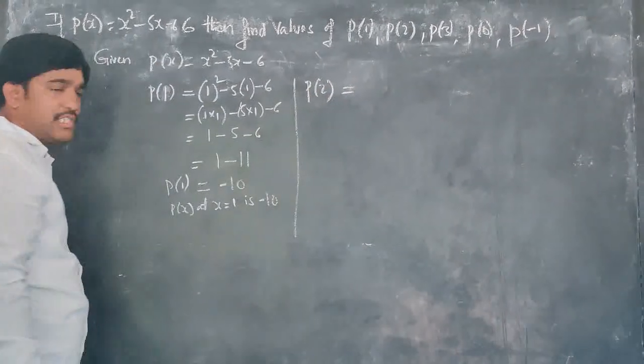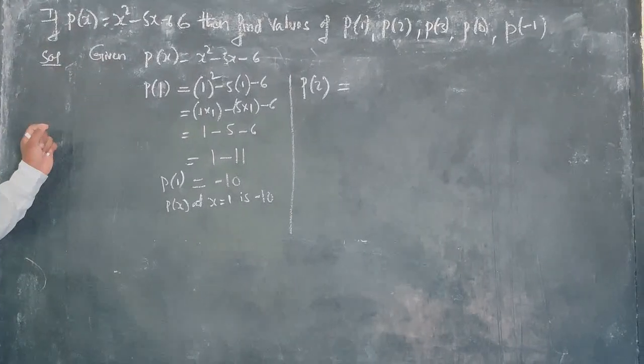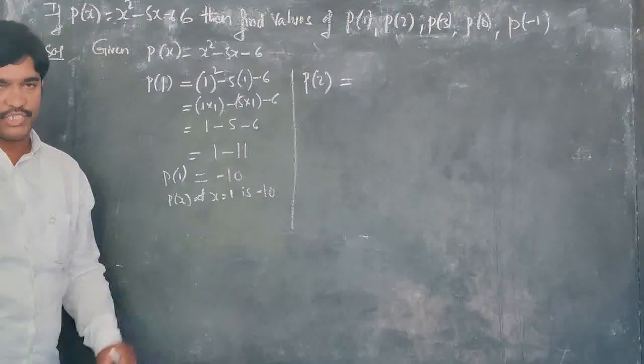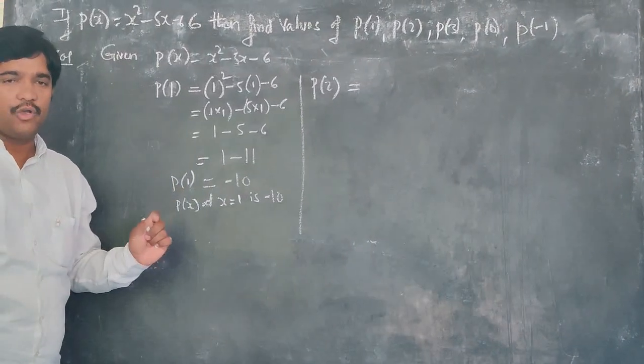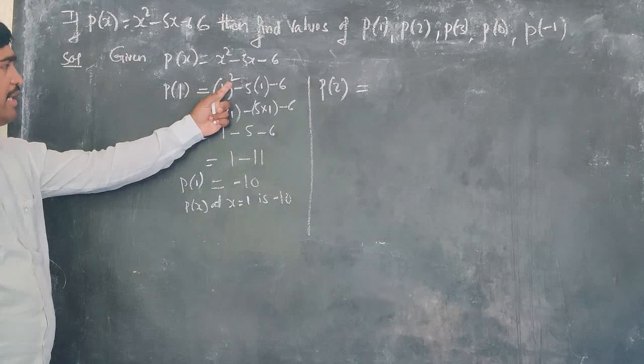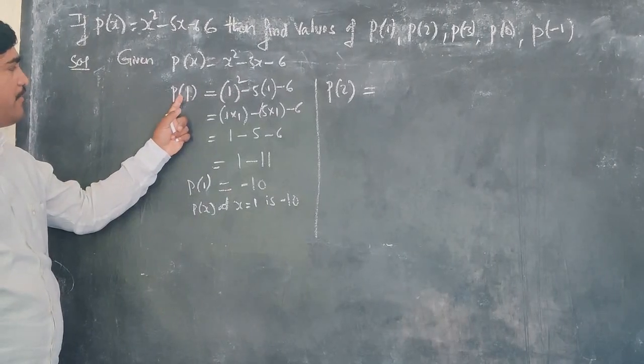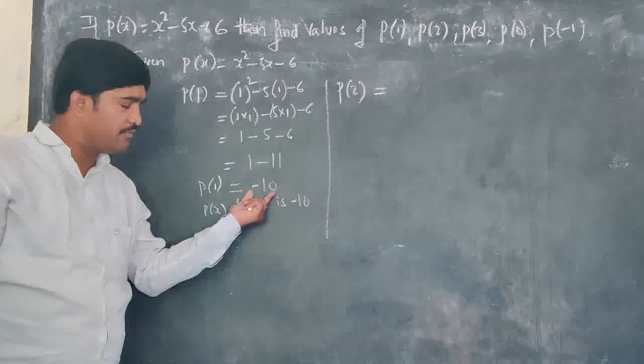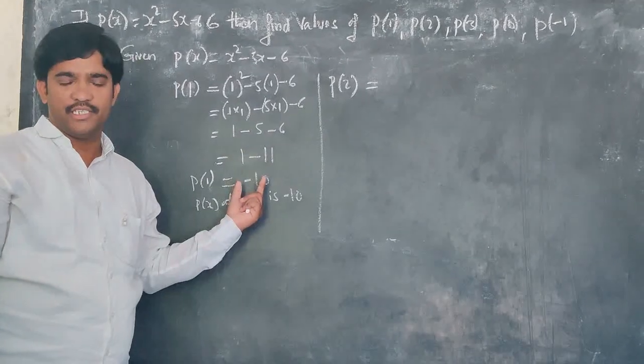Now what happens, just look at. Please keep in mind that the value of the polynomial always keeps on changing. Why? Because the variable is varied by the value here. If we change the value, the value of the polynomial definitely changes.